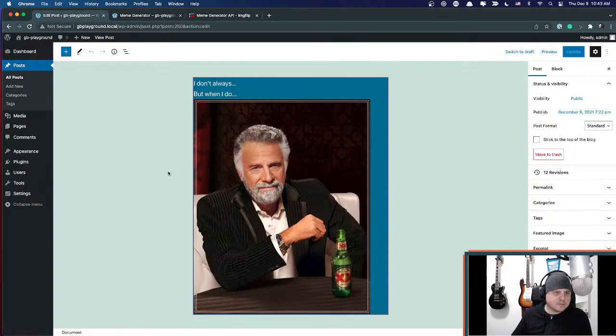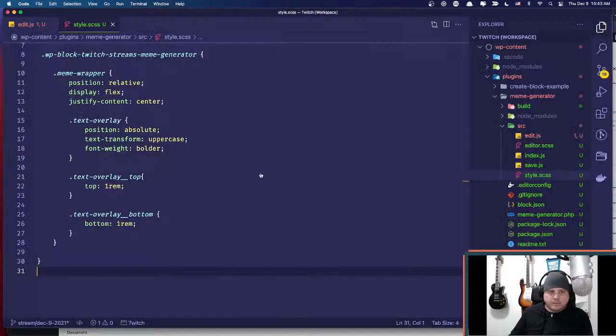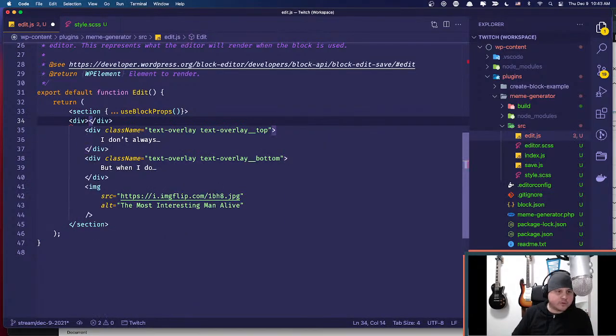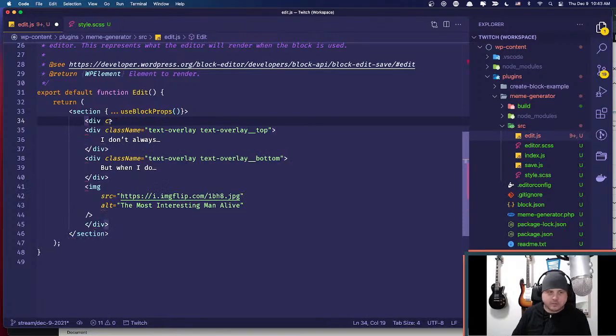Alright, so let's see. This is probably not going to work right, but alright, so clearly it didn't work. I need to add a... I just need to check my notes. It's done by block props. Oh, right, okay, so inside of here, I actually added another div. This will all make sense when I get into it. We have a lot of things going on. So in here we have a div, and then I'm going to do like that. Class name is going to be meme